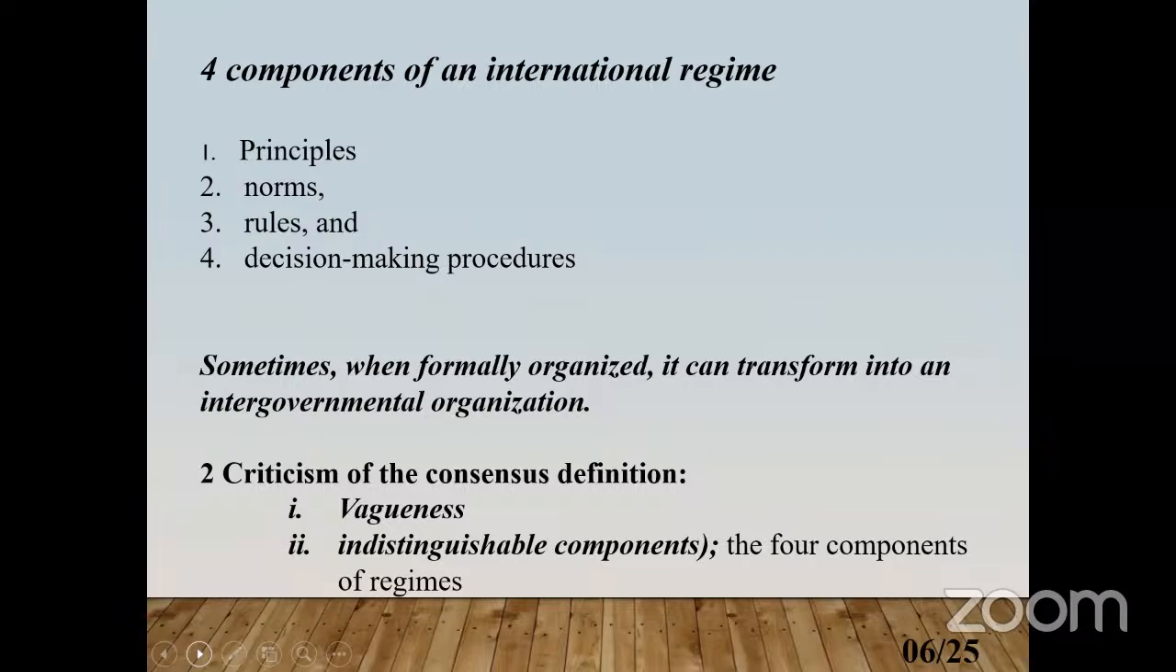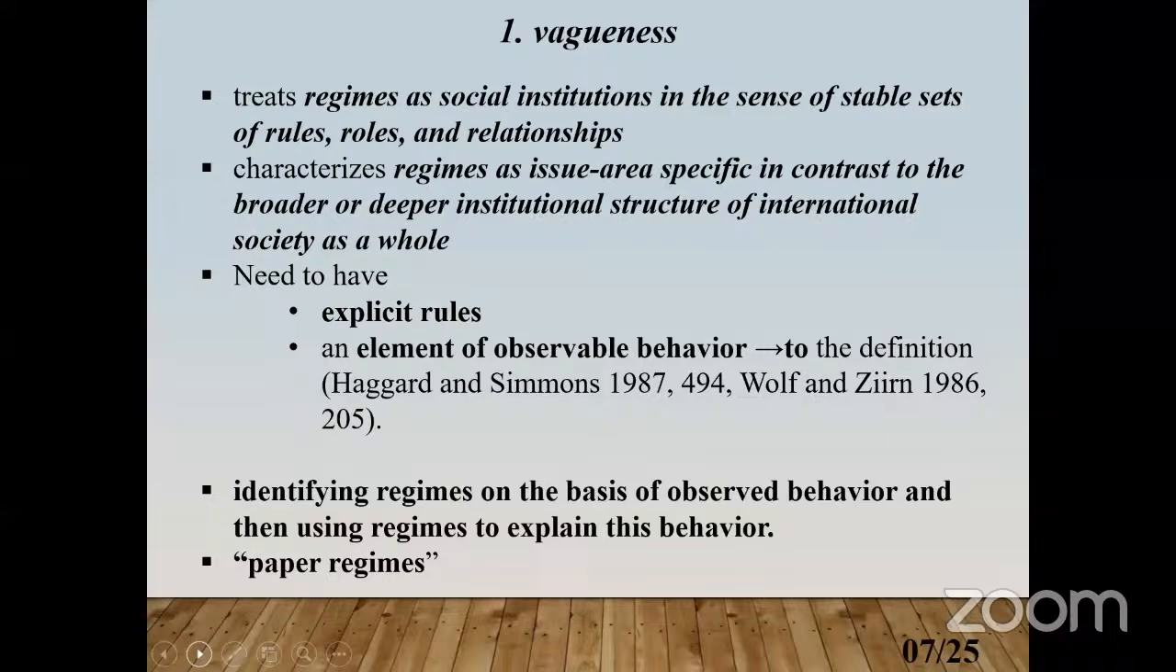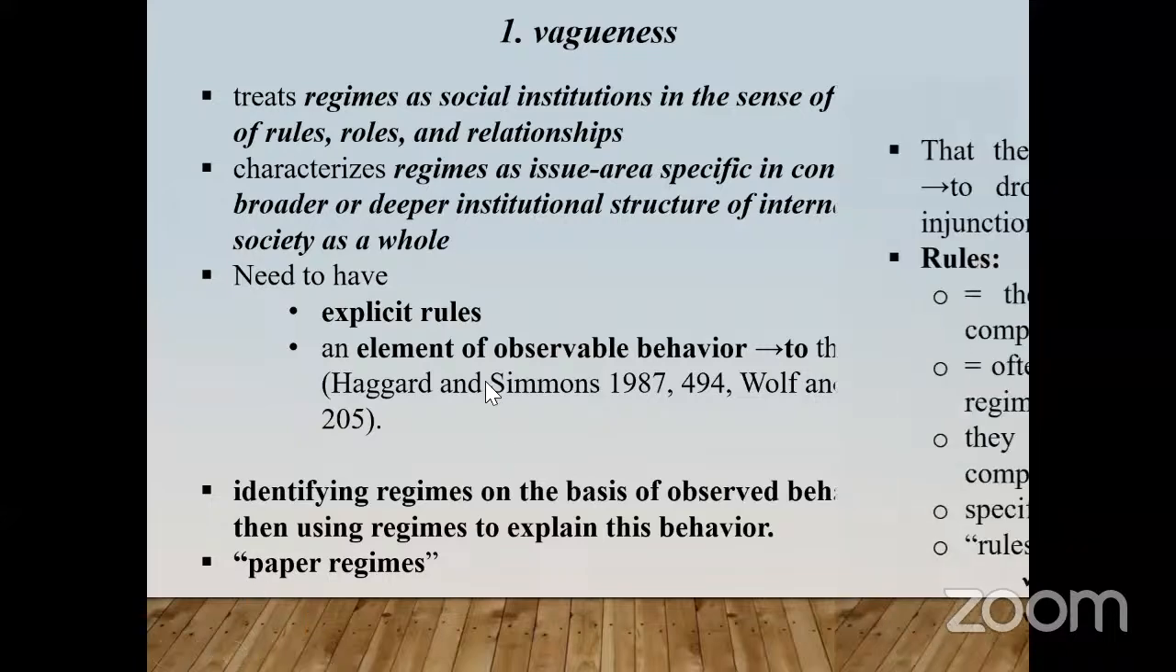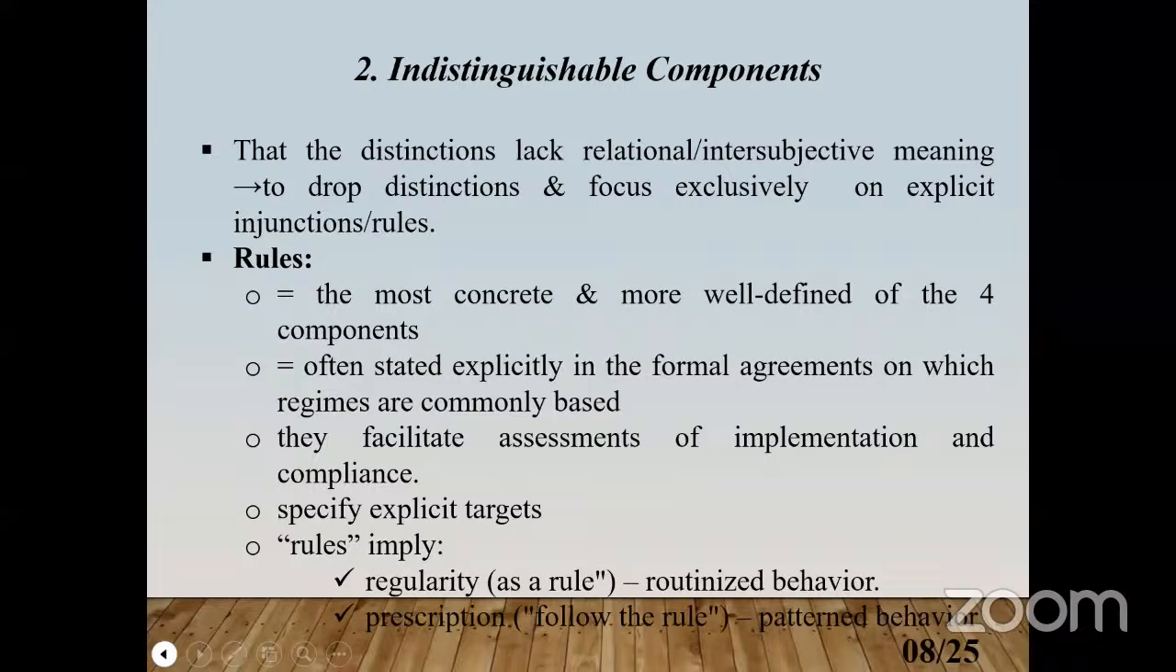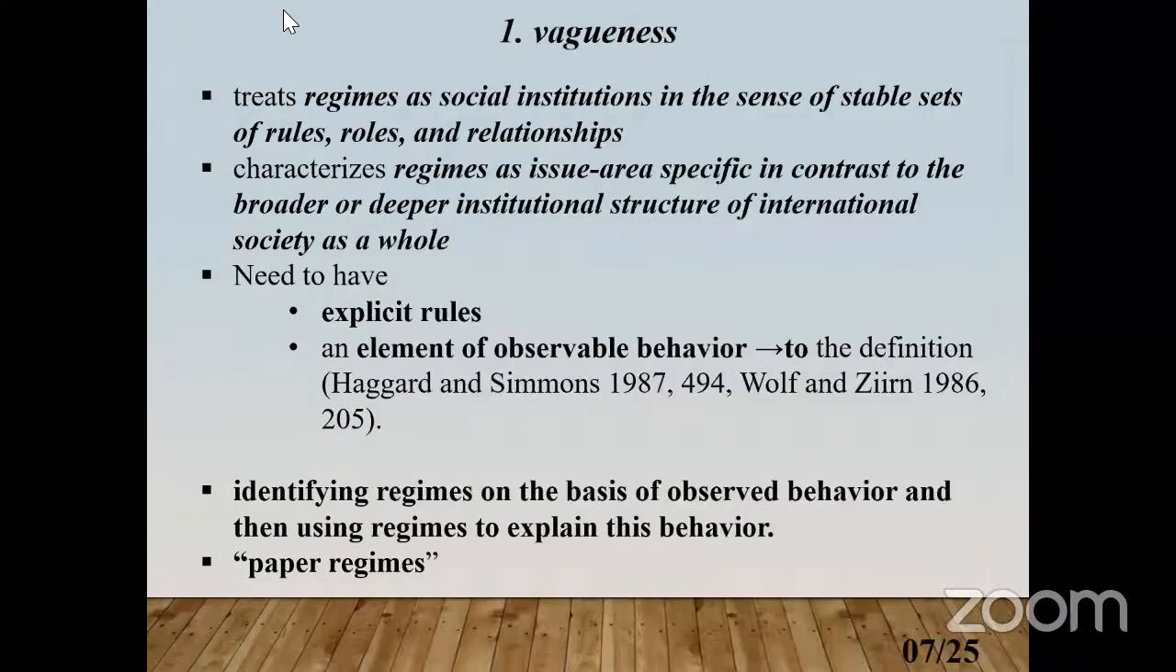Some people argue that this definition is very vague. The second criticism is the one that argues that when you look at these elements, principles, norms, rules, procedures, it is very difficult to distinguish these components. They look like they are referring to the same thing. So when we look at the first set of criticism,